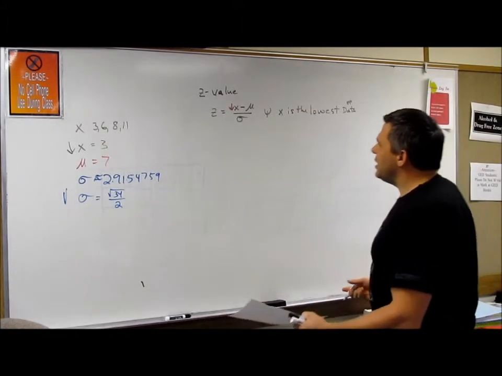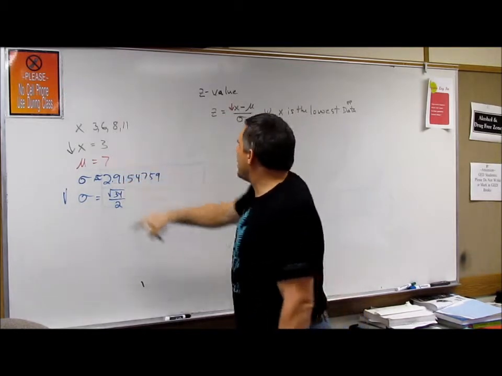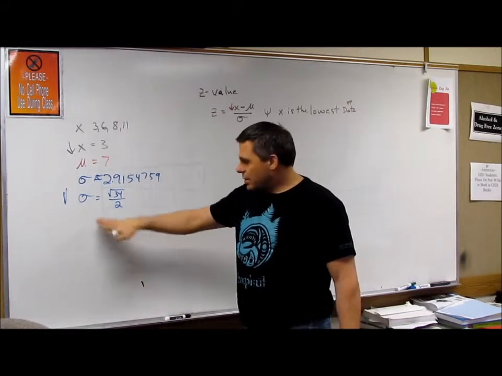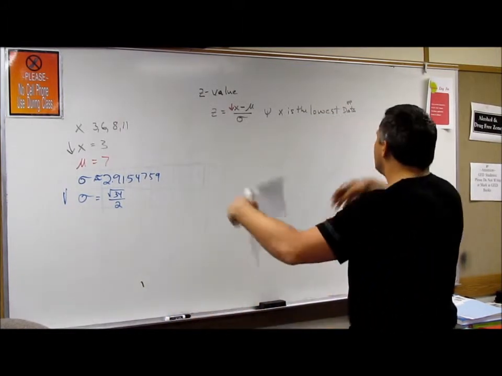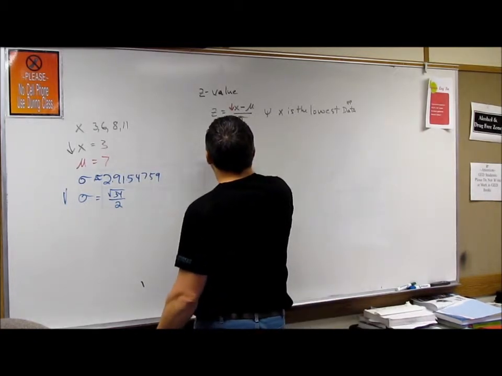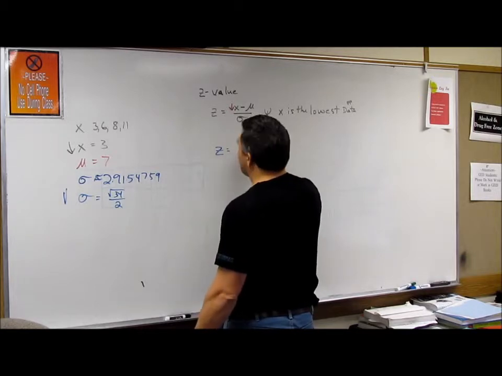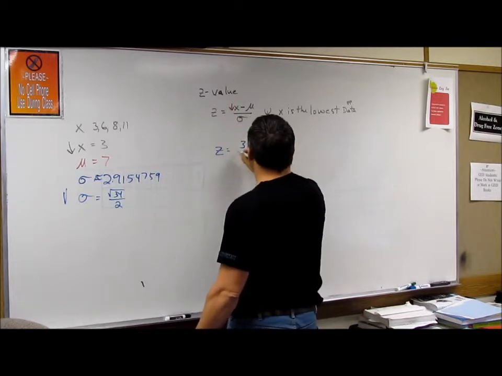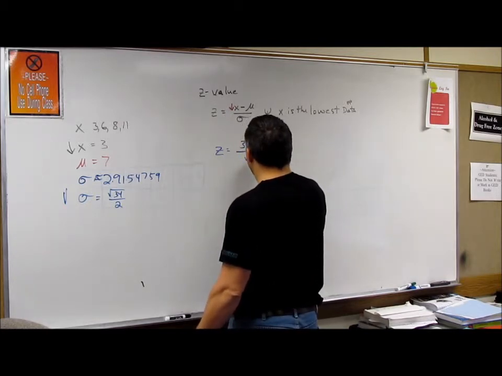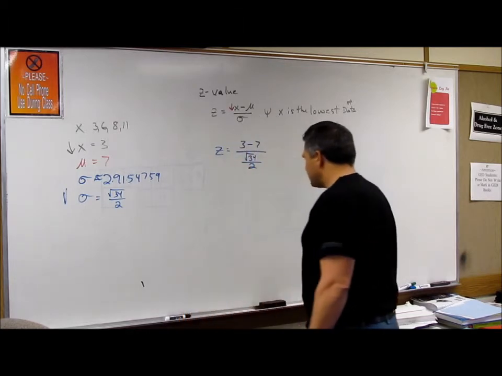So, what do we need? We need x. We got it. We need mu. We got it. We need sigma. We got it. Okay? So now we just plug them in. So, z is equal to x, which is 3, minus mu, which is 7, all over the square root of 34 divided by 2. Okay? So,